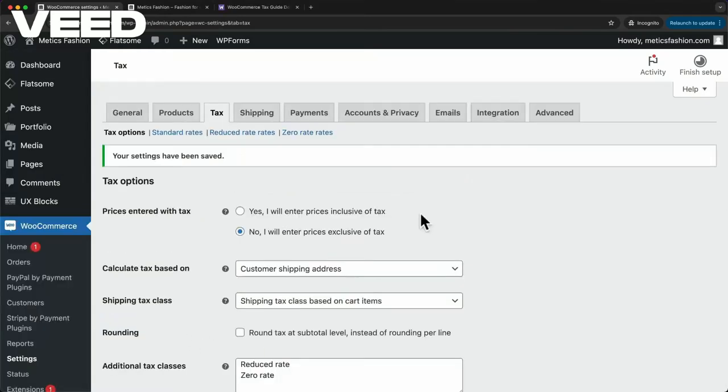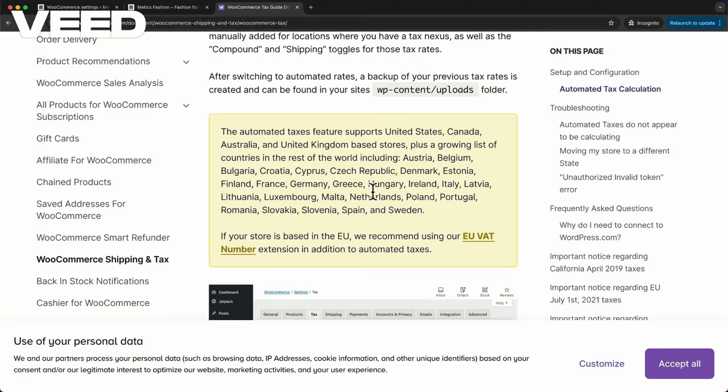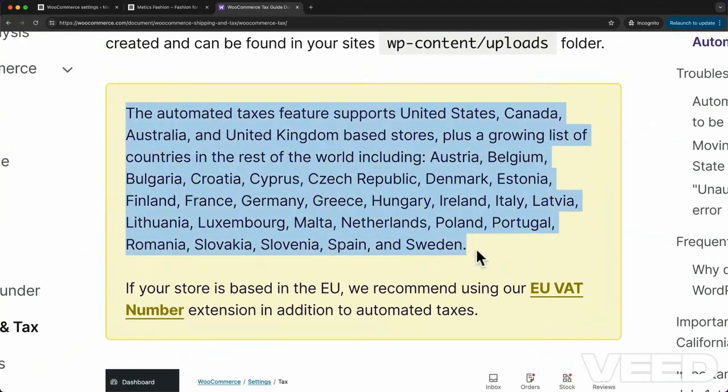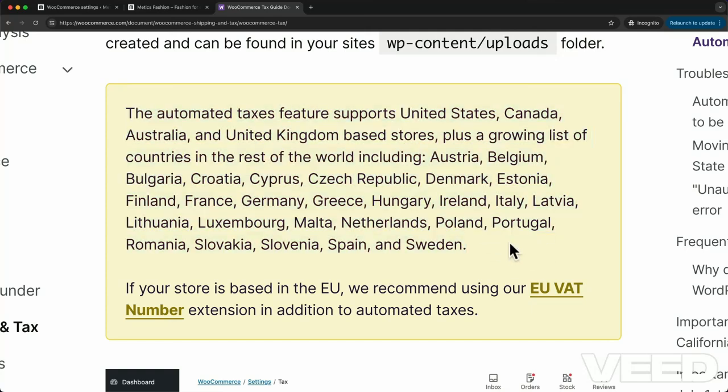And now I'm going to show you a very easy way how you can automate your tax rate calculation using a plugin called WooCommerce Shipping and Tax. But before we do that, I want to quickly show you what countries that plugin works for. So right here, we have a list of all of the countries where this automated tax plugin works for. So just want to take a quick look if the country where you do business is actually on this list. And if yes, then I recommend to use this method. And if it's not on this list, then you probably want to enter your tax rates manually, as we've just